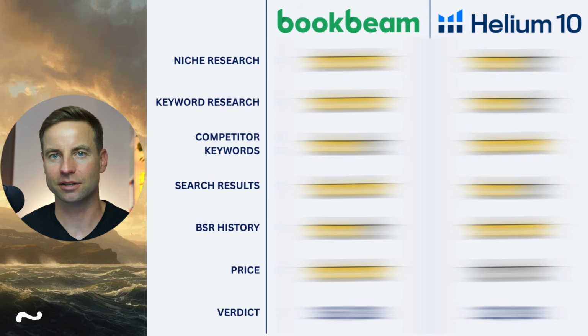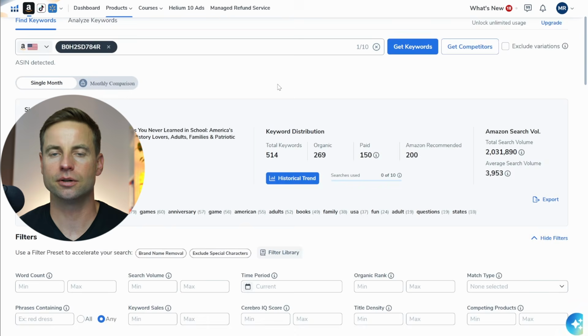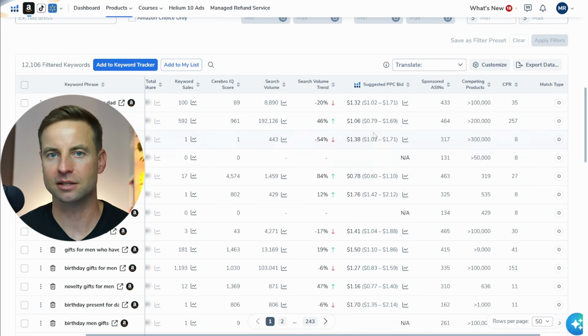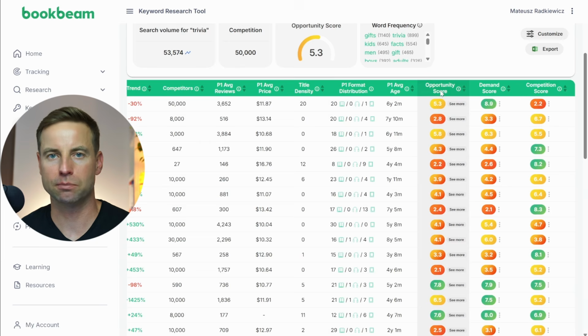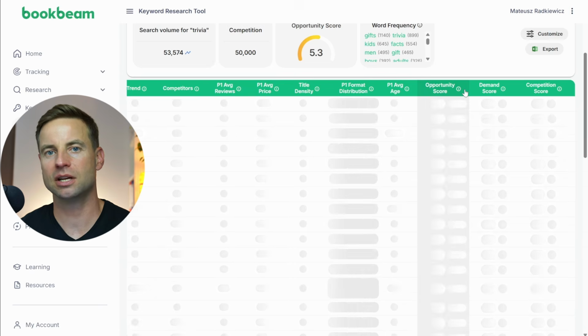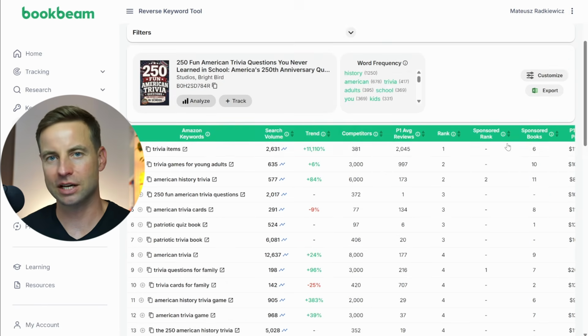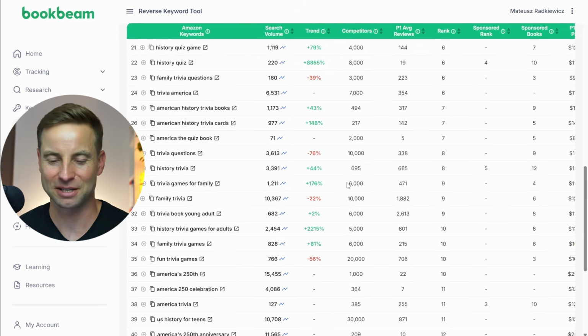book that actually sells. I've been using Helium10 for years for my own research, but also while working with other authors on promoting their books with Amazon ads. But recently I started using BookBeam just to check if it can replace Helium10, especially because Helium10 is quite expensive, and after recent changes to their pricing policy, it became even more expensive. And after comparing the features and prices, I was honestly surprised, and I will just show you all the details